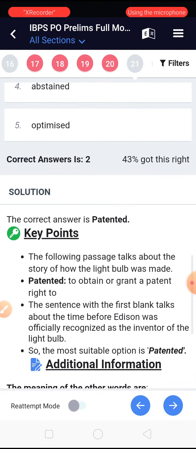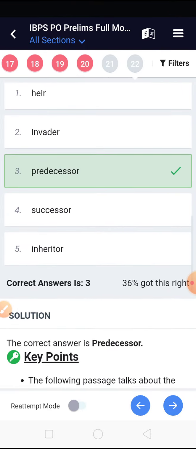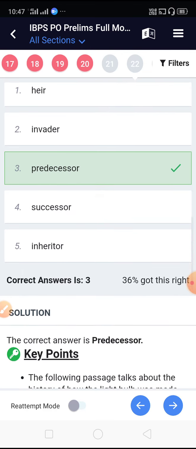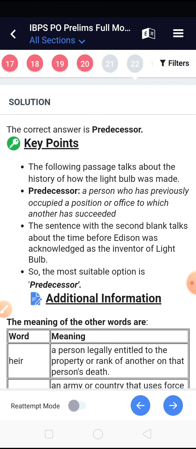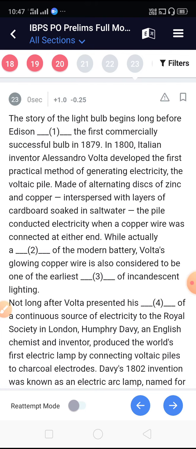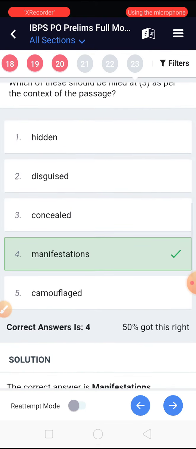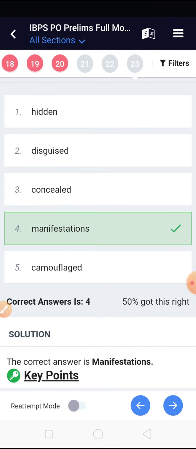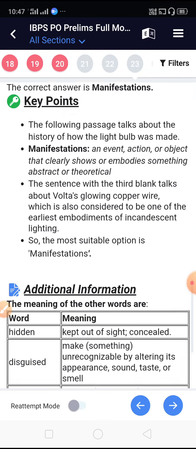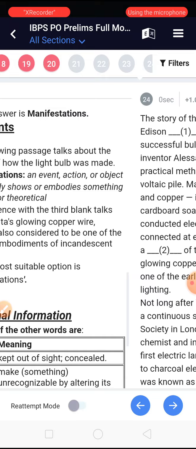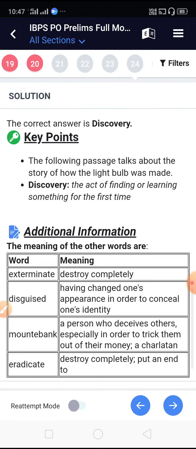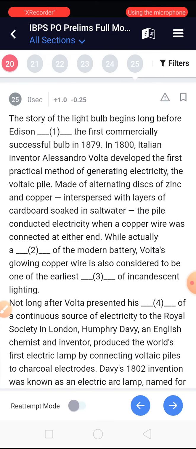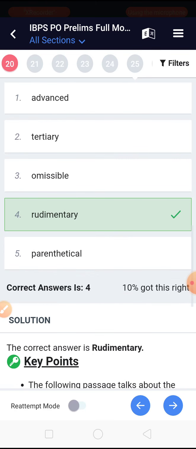पहला का प्रीटेंट हो जाएगा, दूसरा का प्रीडेसर, प्रेजेंट ऑफिस विद सेंटेंस, तीसरा का हो जाएगा मैनिफेस्टेशन, मैंने नहीं बनाया है इसको, मेरे पास टाइम नहीं था। चौथा का हो जाएगा डिस्कवरी, देख सकते हैं आंसर। पांचवा का हो जाएगा रिड्यूमेंटली,